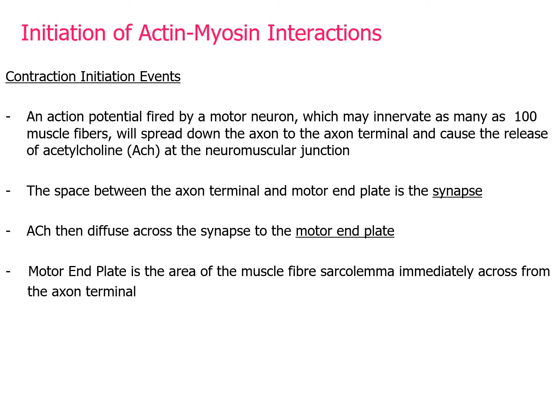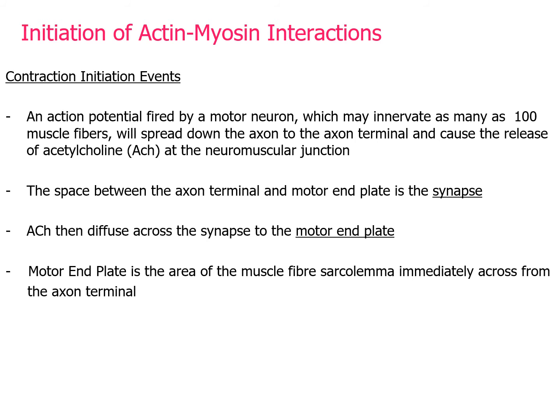So this idea of a motor neuron sending out a signal that activates the skeletal muscle fibers involves action potentials. If the motor neuron is stimulated enough, an action potential is sent down the axon of the motor neuron and can innervate as many as 100 separate muscle fibers